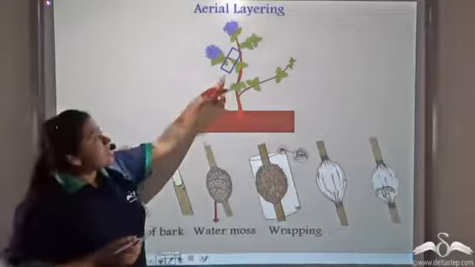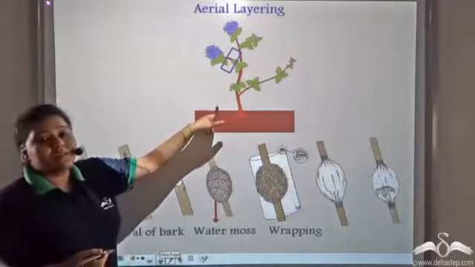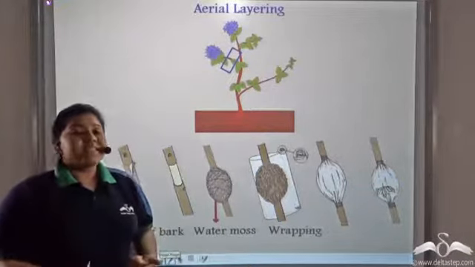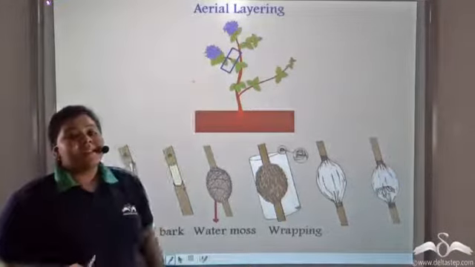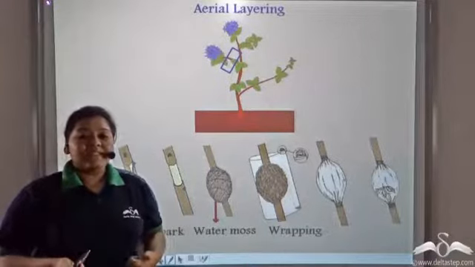Now, what about these branches higher up? We cannot bend it to the ground. So what about them? Well, in such cases, aerial layering can be done. Now, how is aerial layering done? Well,